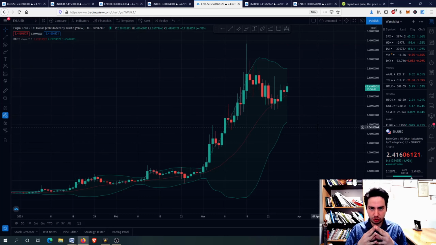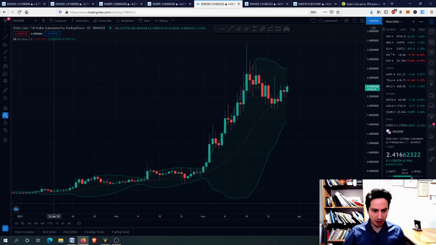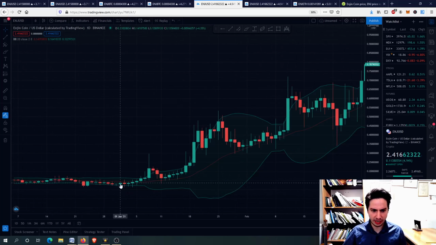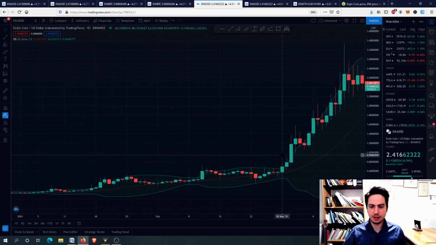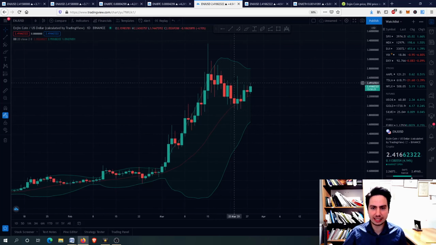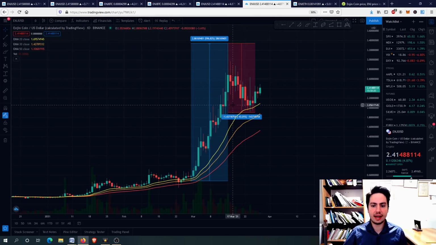Okay, so this is what Bollinger Bands shows us. A buying opportunity on the squeeze point where the distance between those lines here is very small. You can see very insignificant, and then the distance between those lines here is significant, and you can see there's high risk in the Bollinger Bands. But let's proceed to ENJIN coin against USD again in the daily frame, and I wanted to show you guys